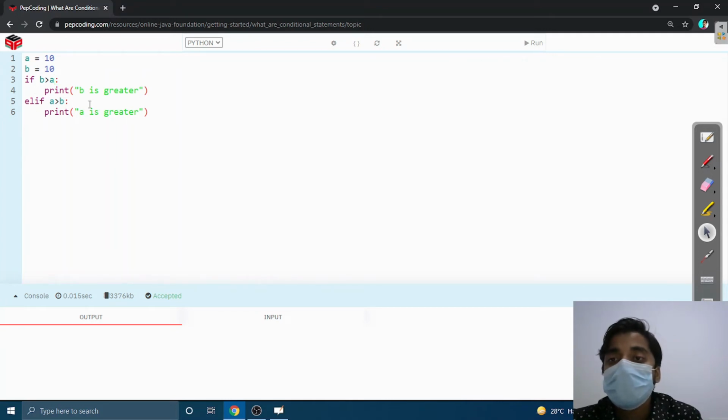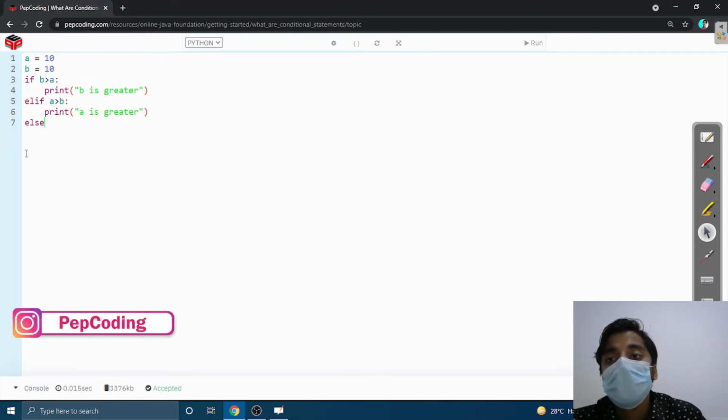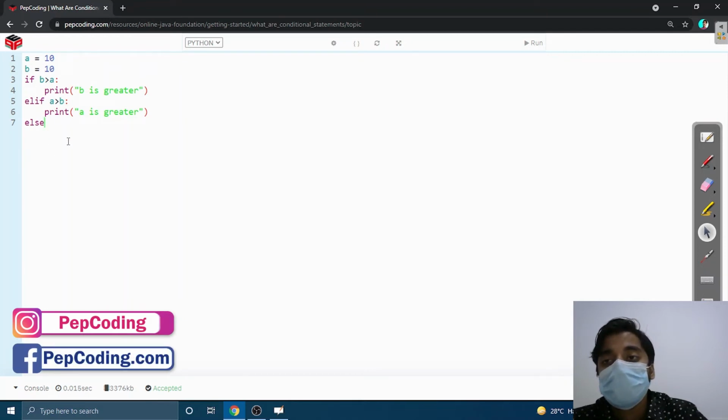It will go to the next statement. The next statement is elif a is greater than b. Here a is 10, b is 10, so a is also not greater than b. So we will use else at the end. This means if the above two statements are false, it will run the last else statement.